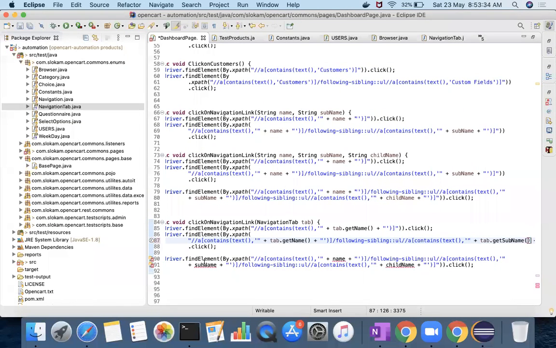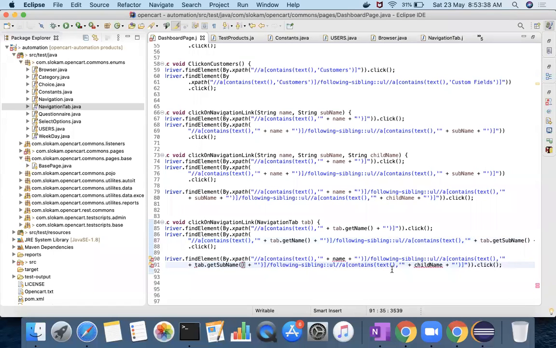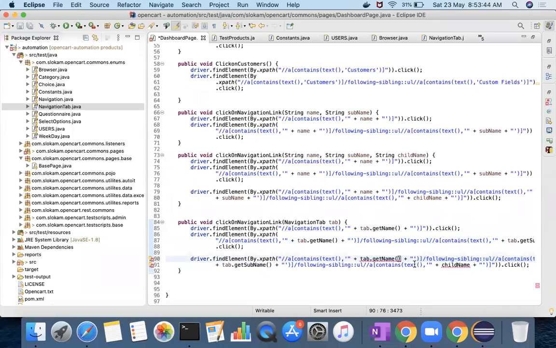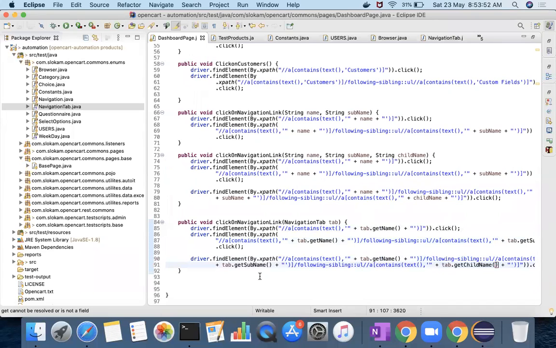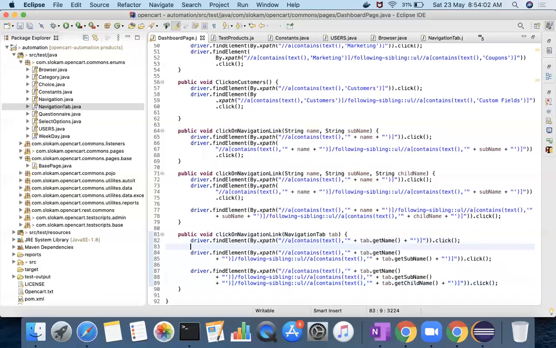Same thing, tab dot get subname, and tab dot get child name. So you got these three, right? You get these three clicks that you have identified.